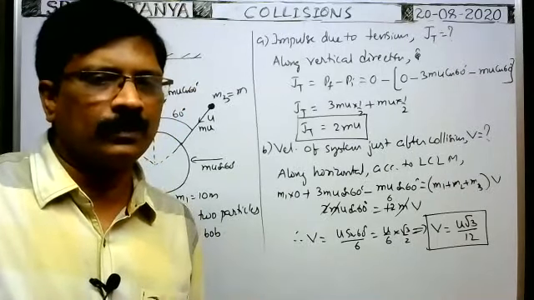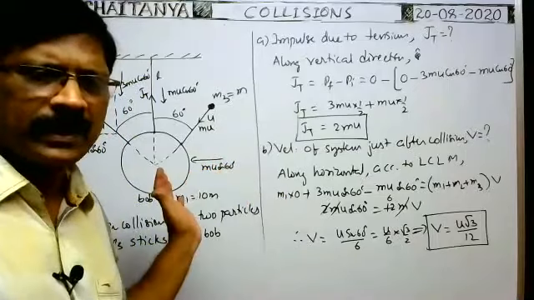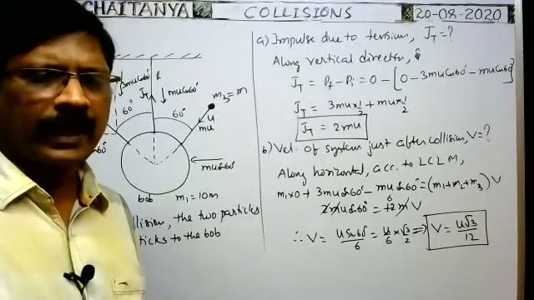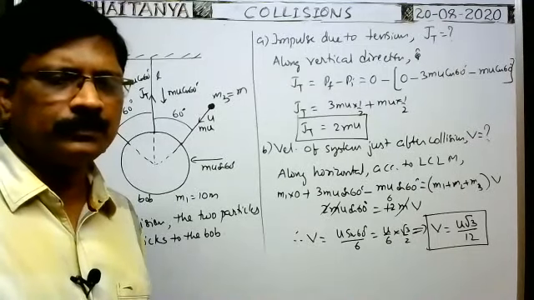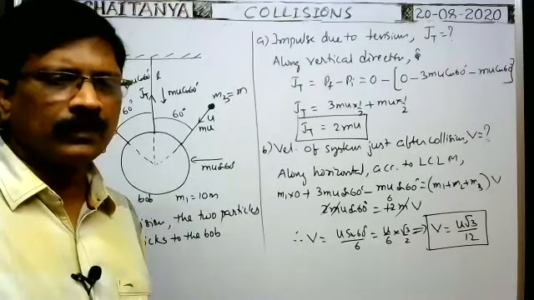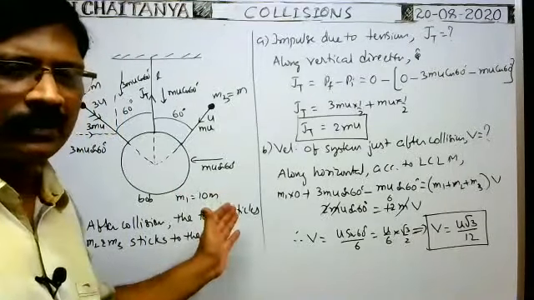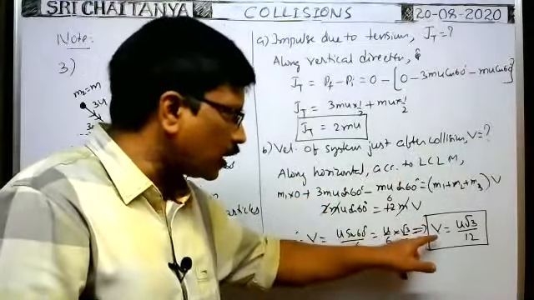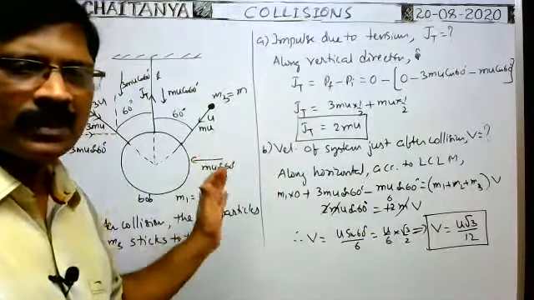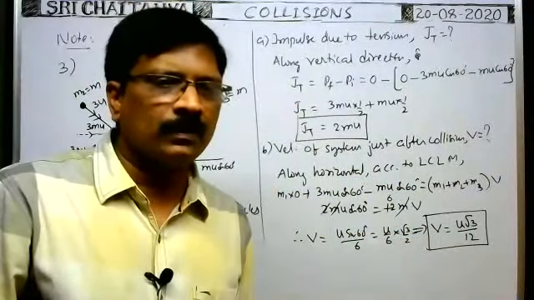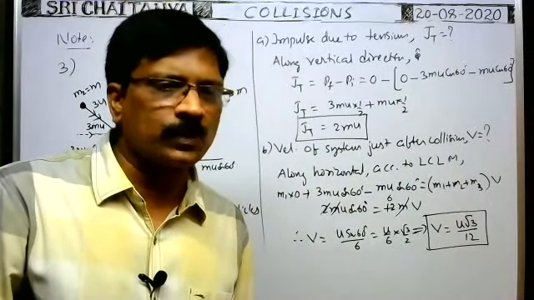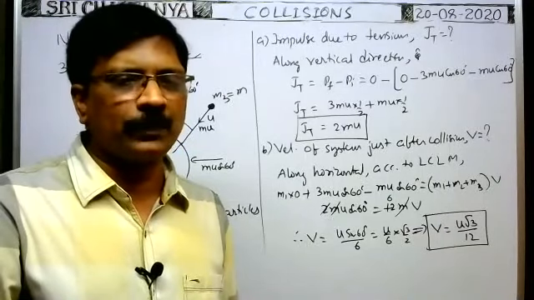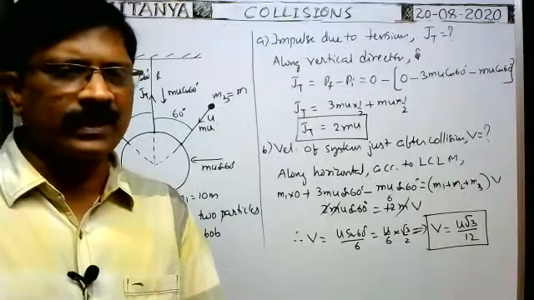Sai Keshav Gupta, after collision, does the system move left side or right side in the diagram? Is the system moving towards left or towards right? The momentum along right direction is taken as positive. We got the answer positive only. That means after collision, the system moved towards right. I'm asking Sai Keshav Gupta, you respond. Is the system moving towards right immediately after collision or towards left? You mentioned left side.